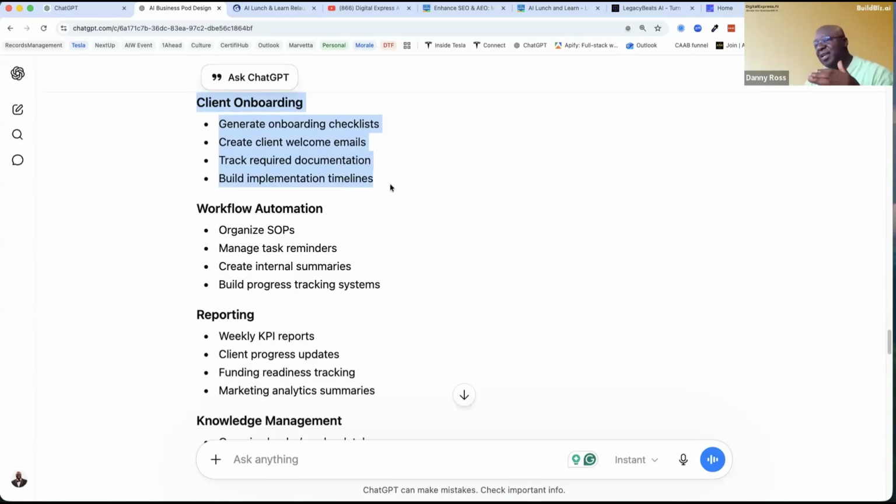You can have the AI take that form, create a new contact in your CRM system, and put in all of the salesy details, such as why they contacted you and where it came from, and build them all out. You can build standard operating procedures of what you do and what you do not allow your AI to do, and train it on those things. And then, of course, it can manage task reminders. These are things that AI is really good at, and you can offload to them.